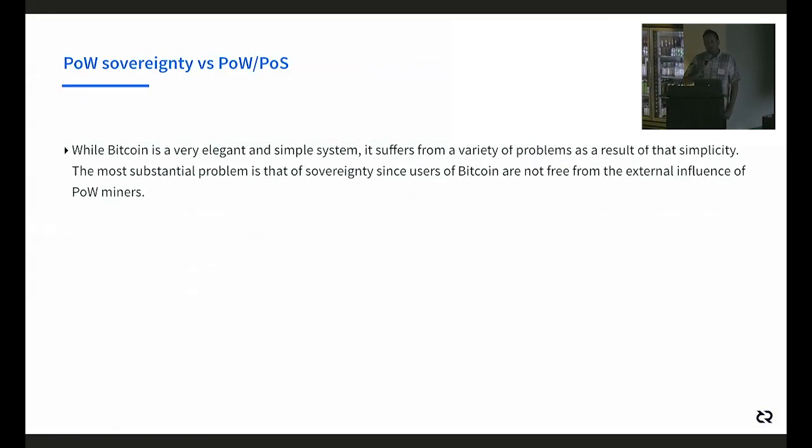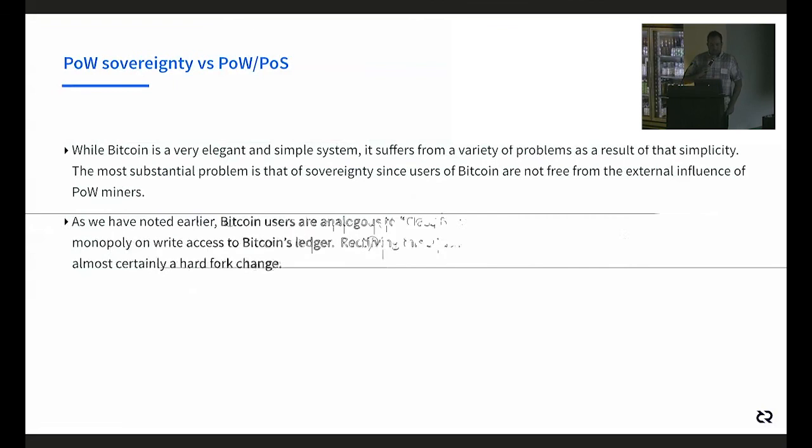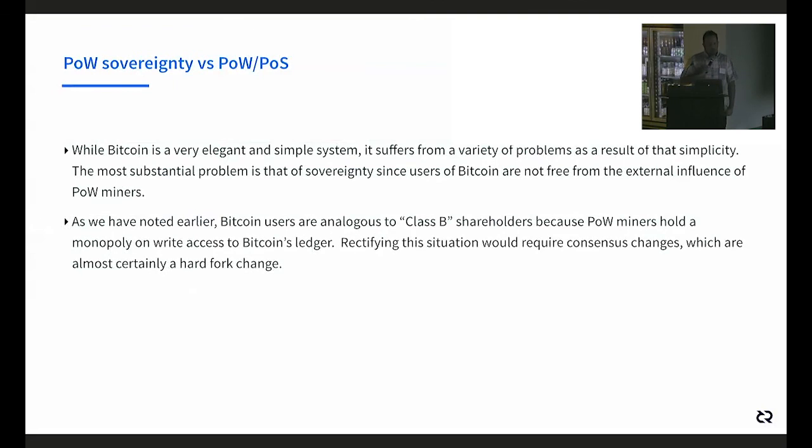The definition of sovereignty is that you are free from the external influence of third parties. And Bitcoin users are most certainly not free of the influence of the proof of work miners. Because of this demotion in terms of share classes that you receive as a Bitcoin holder as opposed to a miner,